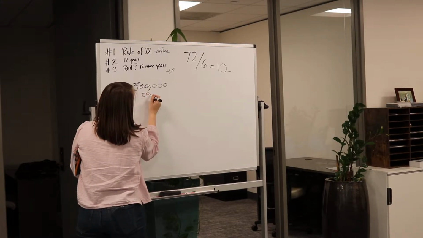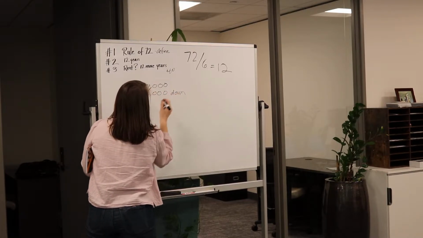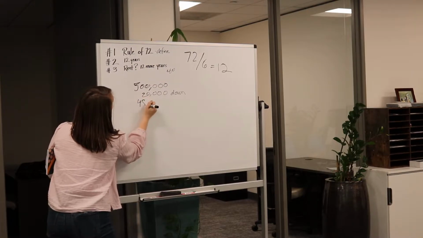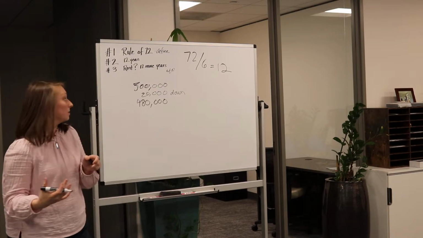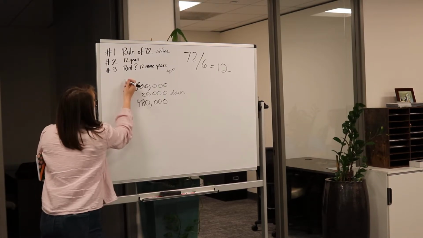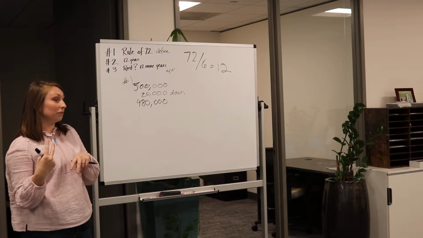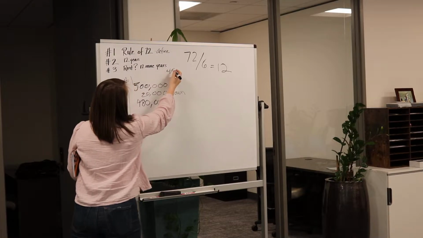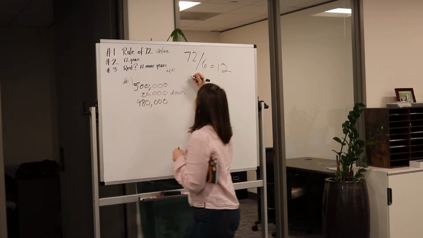So we're only going to put 20 down on our $500,000 house, so it's going to owe $480,000. I'm going to call this house number 1, because this plan does involve 2 houses. So you've saved $20,000 from this, and in a year, you're going to go ahead and